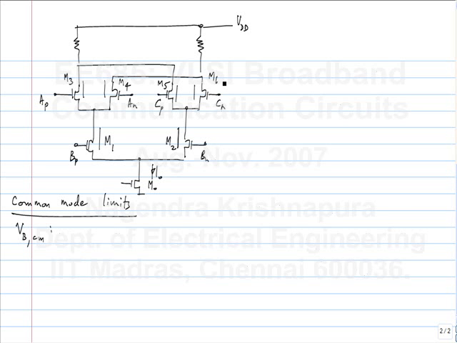Yeah, M1 or M2 will enter into triode region, because if everything else is fixed, the voltage at these points X and Y, they are fixed. So if you keep on raising BP or BN, it will eventually hit the triode region. Okay, either M1 or M2. And what is that value? VDD minus I naught RD minus VD sat M4 minus